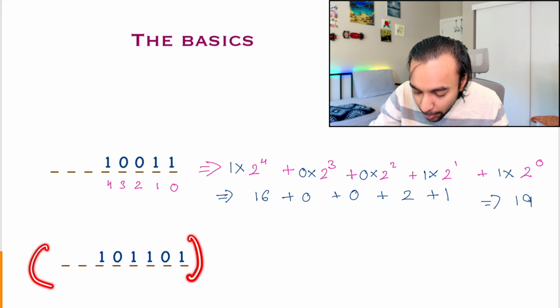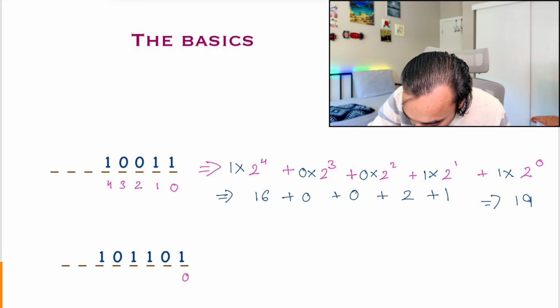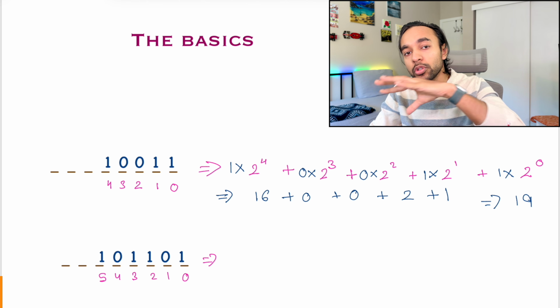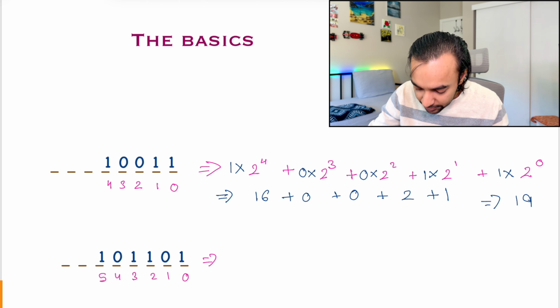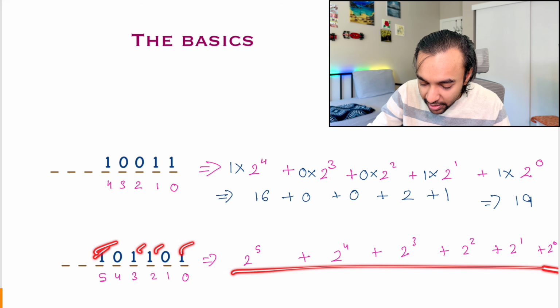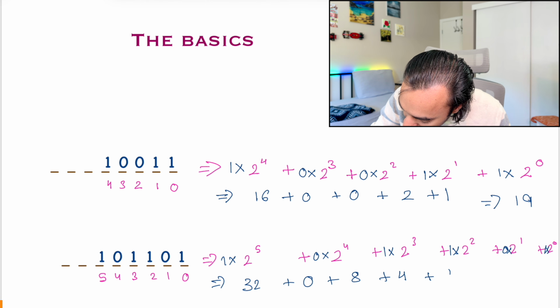Similarly, let us take up a bigger number. Once again, we have to follow the same approach. I say 0, 1, 2, 3, 4, and then a 5. And now I will write down 2 to the power of all of these indexes. The next step is to multiply each of these numbers with these numbers. Once I calculate it, I get 32 plus 0 plus 8 plus 4 plus 0 and plus